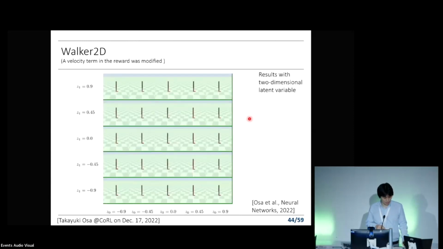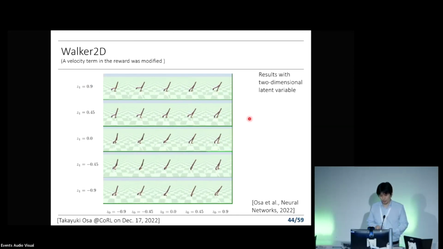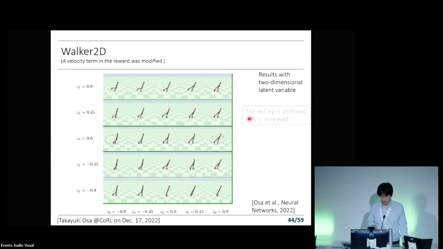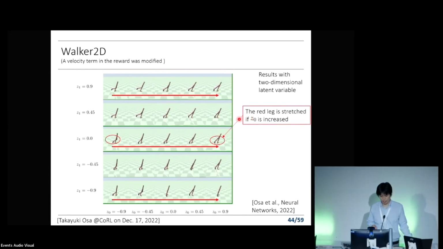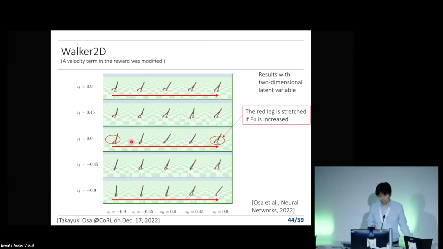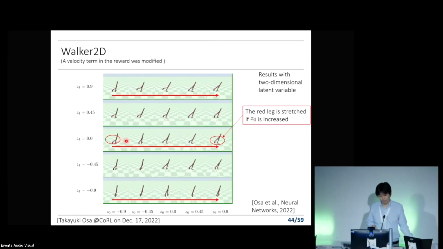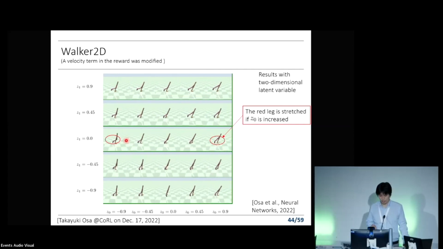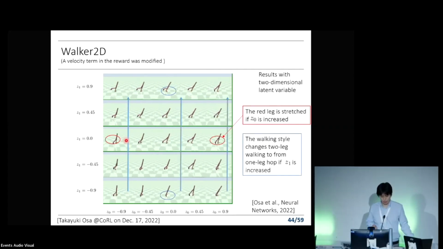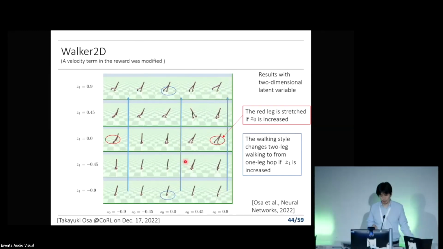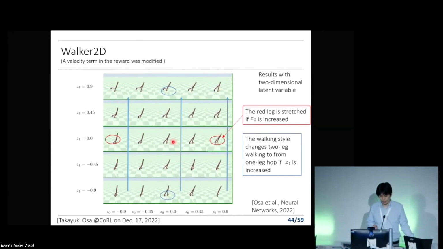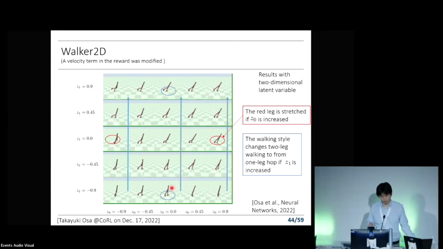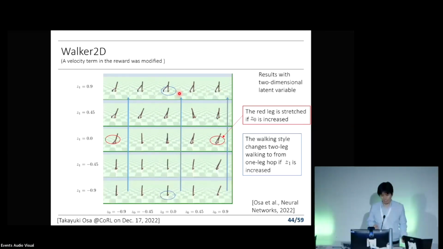Okay. Then here is a visualization of the obtained locomotion behavior. In this case, we learned a two-dimensional latent variable. If we change the latent variable in this direction, we can change the angle of the knee continuously like this. Here the knee is stretched and here the knee is bent. If you change the latent variable in this direction, we can continuously change the locomotion behavior from two-leg walking to one-leg hopping. At the bottom, the agent is walking with two legs, and then here it's hopping